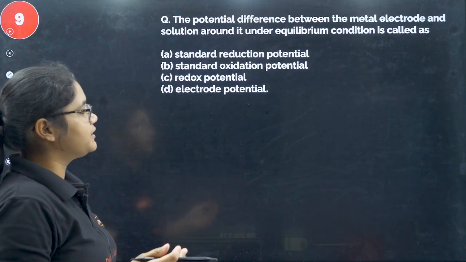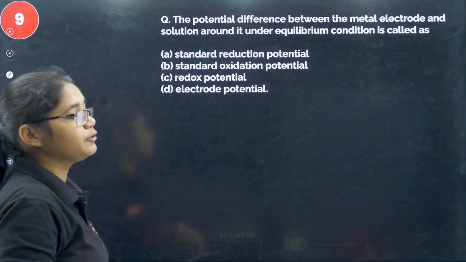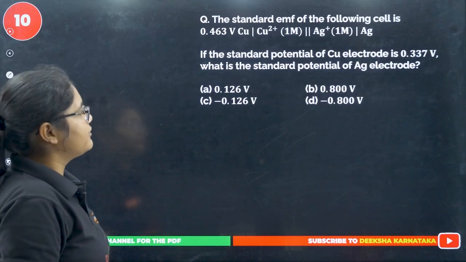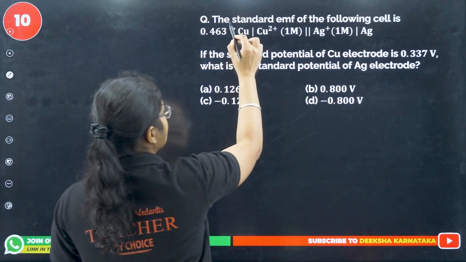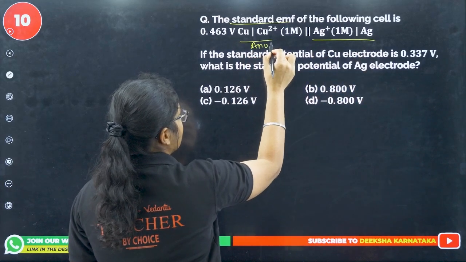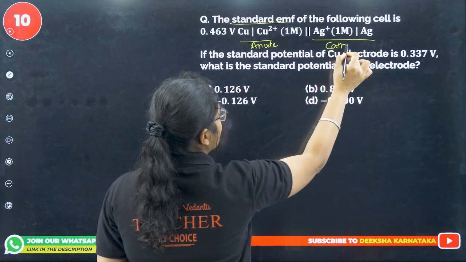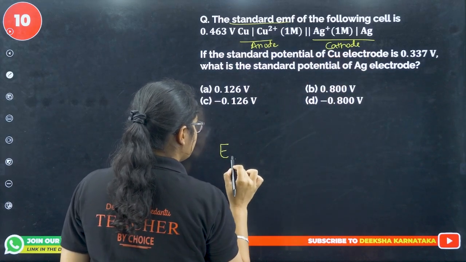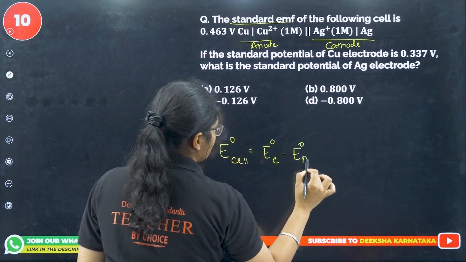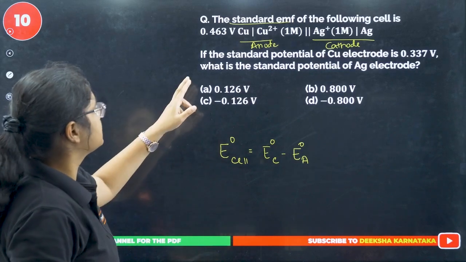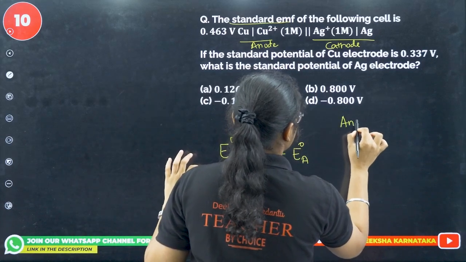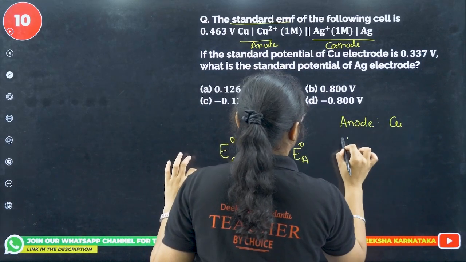Next, the potential difference between the metal electrode and the solution around it under equilibrium is called electrode potential, right? Yes. Next, the standard EMF of the following cell is... You can see copper is there and silver is there. This side definitely is the anode and this side is the cathode, right? So what is E of the cell, or standard E naught of the cell? It is equal to E naught of cathode minus E naught of anode. Then what is the standard potential of copper? Which is your cathode here? Anode is copper and